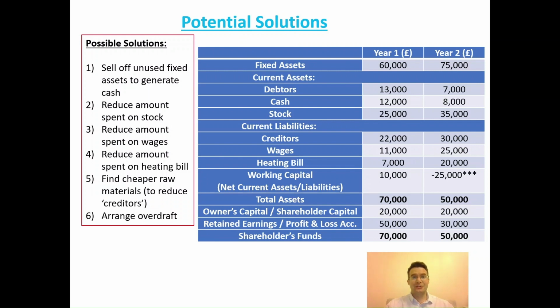The sixth solution, of course, you may wish to consider is to arrange an overdraft. It's not a long-term solution, but it's a good short-term one. Banks are very willing to offer this. You might wish to watch some of my finance videos to confirm that statement. But if you've got a very low working capital figure, like this business do in year two, it's highly likely that cash flow difficulties are on the horizon, not that far away. So arranging an overdraft would be a good short-term solution in this case to potentially solving those imminent cash flow